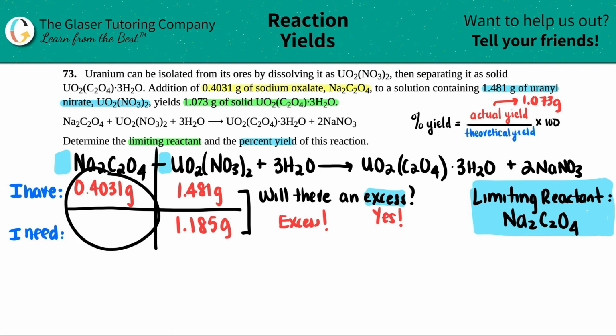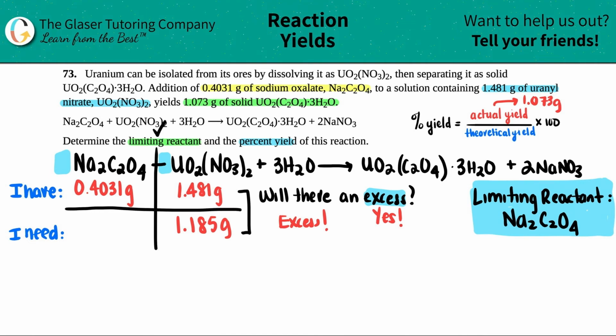If you did it the other way, you would need way more than what you have. So basically, the "I need" number would have been higher than what you have, and you would have seen that there would be no excess, and then that would be the limiting reactant. Okay, so